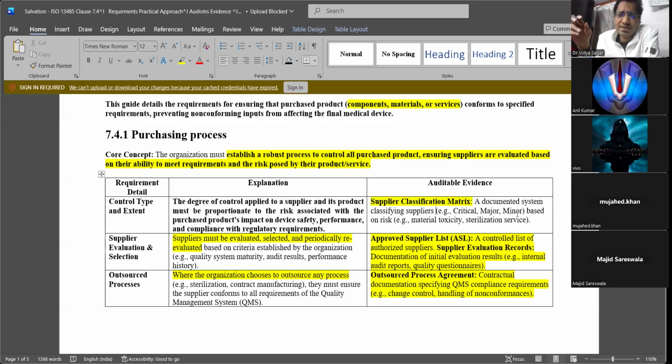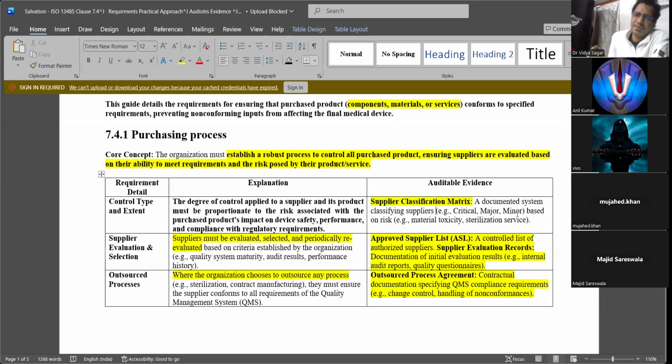There are a few things which may come as minor, mainly in the service sector that I'm talking about. Sterilization becomes very major, or I should say it will be critical. Calibration will be very critical. So what I'm trying to make you understand is that you should grade your suppliers.